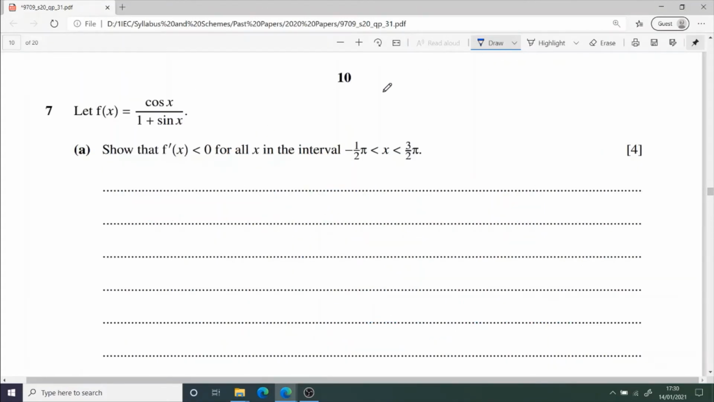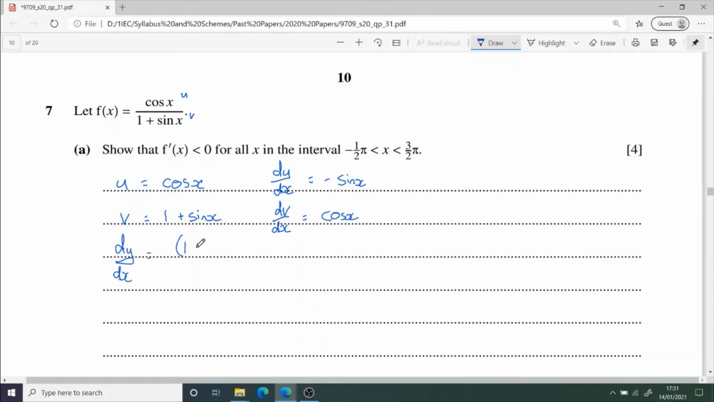Question 7 is a differentiation question. We need to show that the derivative is negative for all values of x between minus pi by 2 and 3 pi by 2. So let's start by differentiating. We're going to use the quotient rule with u equals cos x and v equals 1 plus sin x. So du by dx is minus sin x, and dv by dx is equal to cos x,